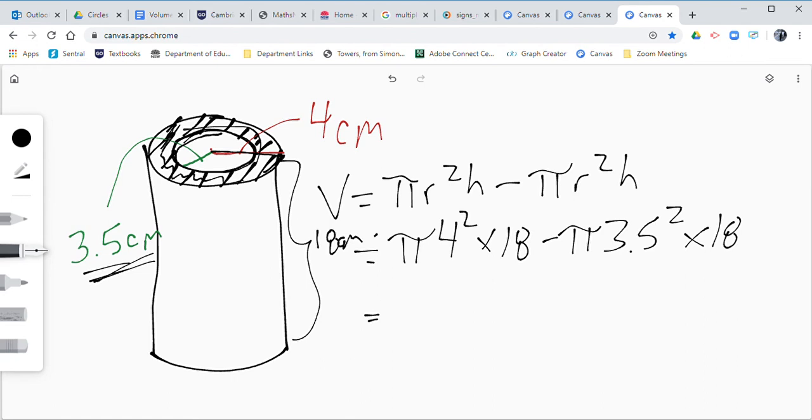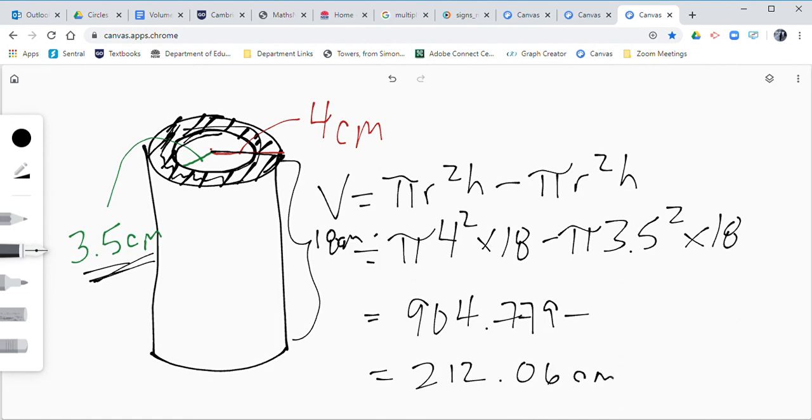Pi times 4 squared times 18 equals 904.779, minus, in brackets, 0.25 squared times 18. I'm doing this all in one so I can get an accurate answer. Equals, I got the final answer of 212.06